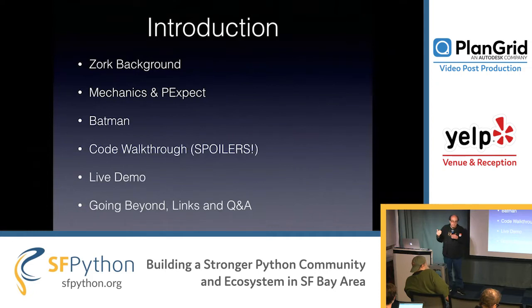Then we're going to have Batman explain how the code works. You'll see in a bit. Then we'll look at the code. We'll do a live demo, and this is the exciting part where it's probably going to fail a couple times because that's what live demos do. It's the most fun. And then we'll talk about where things go from there and what else you could do with PExpect. You might not want to do Zork and the stuff that I'm going to be demonstrating, but this just shows you extreme automation skills. If you can automate what I'm doing, you can pretty much automate anything.